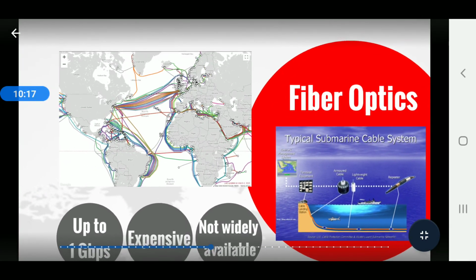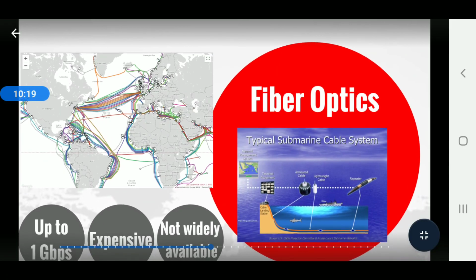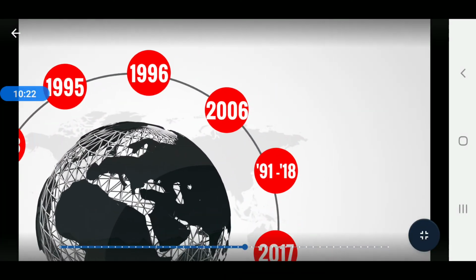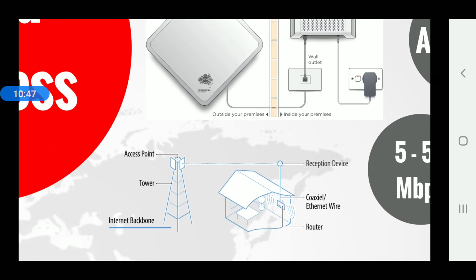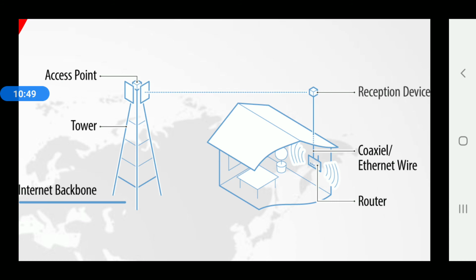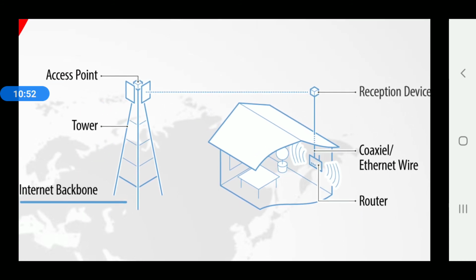So if we go to our next step, fixed wireless. Fixed wireless, it's not Wi-Fi. I thought the same thing. Fixed wireless is a point-to-point connection between your home antenna transmitter and your ISP receiver. Unlike Wi-Fi, fixed wireless cannot go around barriers like walls. It has to have a direct line of sight. So if you see here, a direct line of sight from your antenna to the access point,